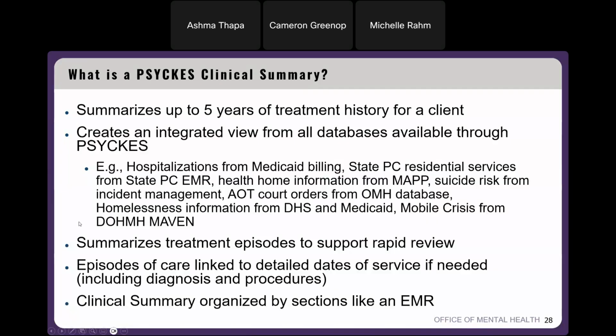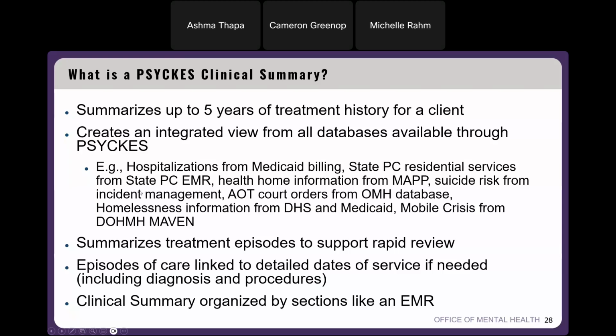So we have data coming in from hospitalization, from Medicaid billing, state PC residential services from state PC EMR, health home information from MAP, suicide risk from NIMRS, AOT court orders from the OMH database, homelessness information from DHS and Medicaid, and mobile crisis from DOH, MH, Maven. It basically summarizes all this information coming in from different databases to support rapid review.